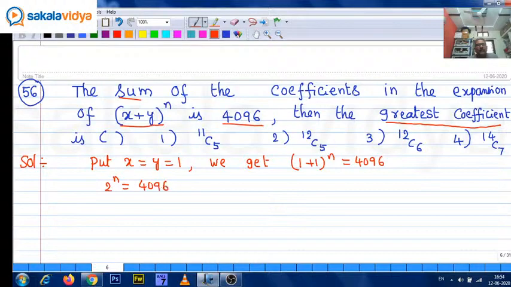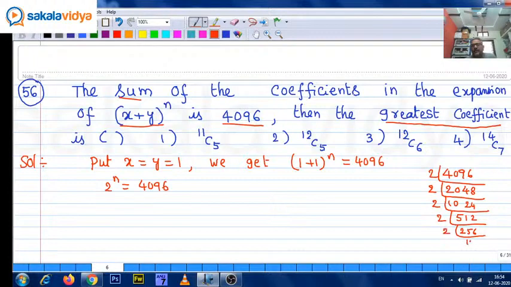Now the prime factorization of 4096, let us write it. 4096: 2 into 2048, 2 into 1024, 2 into 512, 2 into 256, 2 into 128,